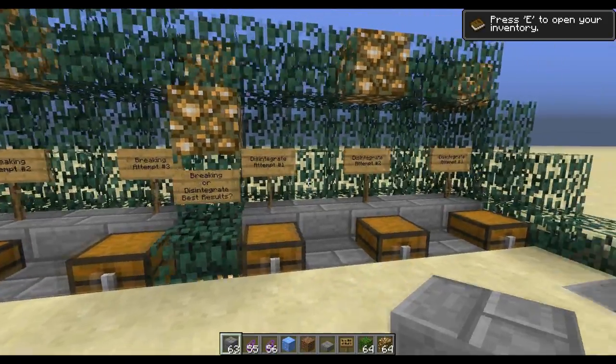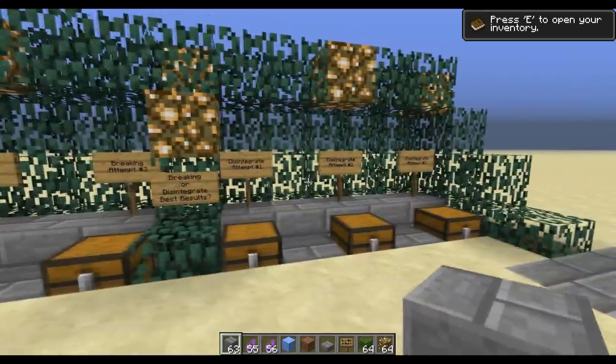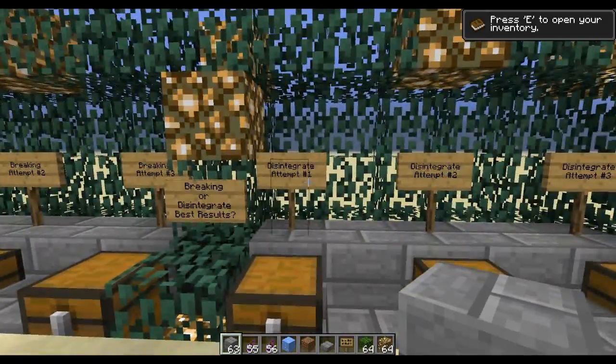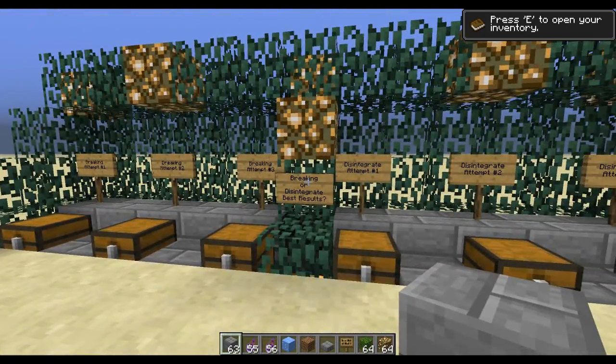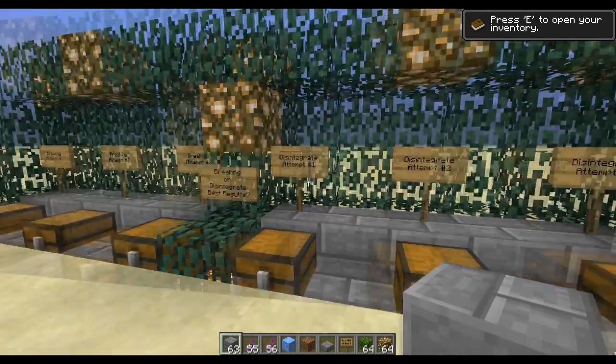It seems on a lot of YouTube videos I've watched and on Reddit and I'm sure other places, people still argue about what is better, letting leaves disintegrate or breaking them, and what yields you the most saplings or apples or whatever the case may be. So I thought I would run this test, and basically what I'm going to do is I built a tree